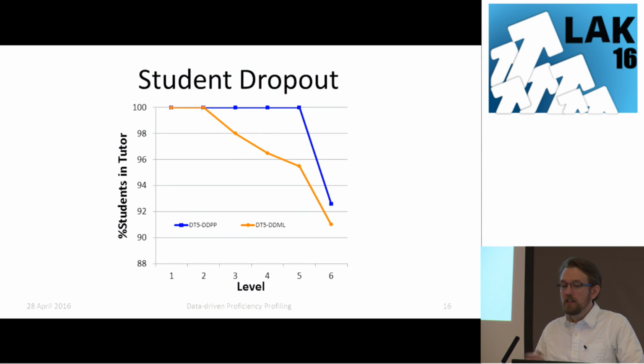However, we do see some differences in student dropout. So this is the old system here, which has dropout occurring at certain level breaks, while in the new system it doesn't occur until pretty much the last level where there's actually any dropout at all. But for the most part, we have a lot more completion. So in that sense, we are seeing some evidence that it might be helping students by getting them onto the correct path.